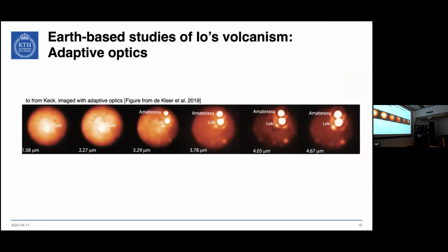Then at least you could take spatially nicely resolved infrared images, and these show the thermal emissions. And this is an example from Keck, from the Keck telescope on Hawaii. Images taken at a similar time at different infrared bands. We see the central wavelength here, and then depending on the bands, you see the thermal emissions from these small hotspots more pronounced or less pronounced. So here you mostly see reflected sunlight, and here you don't see much reflected sunlight,